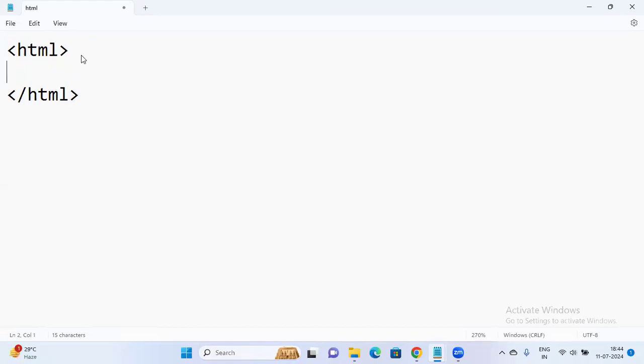So inside of HTML, we have to write the head tag. Okay. Inside of HTML, we have to write the head tag and we have to close the head tag too. This slash is saying to close the tag. Okay, getting my point? The slash is used to close the tag. So in the head tag, I want to write some title. Let's say I want to write some title here. Inside of a head tag, I want to write a title.